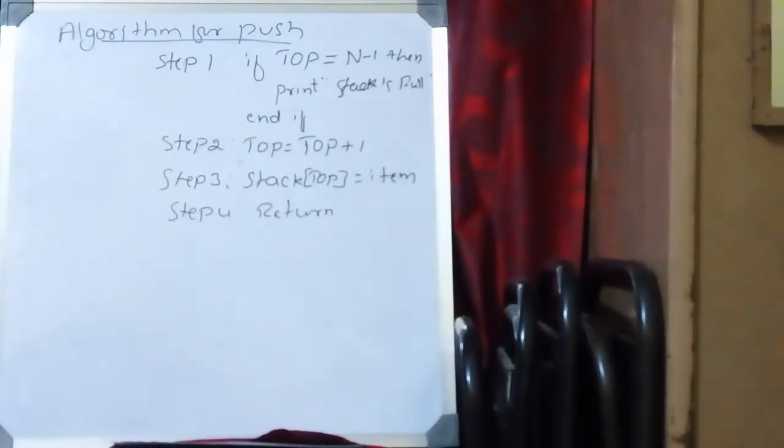Stack data structure. What is a stack and what are the operations of a stack, we already discussed. Now we'll see the algorithm for the push operation. In a stack there are mainly six operations. Stack is one operation to create a new stack. Push is one operation to add a new item. Pop is an operation that removes the top item from the stack. Like that there are so many operations.